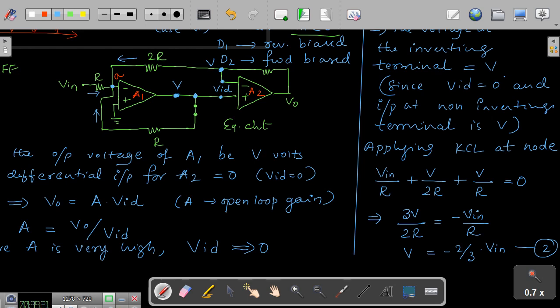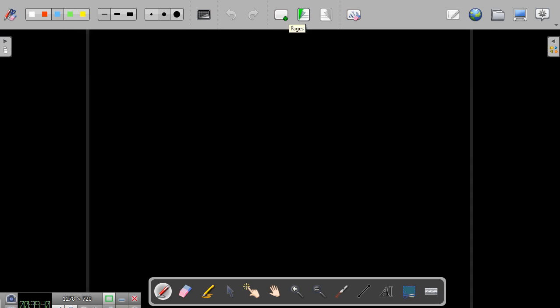For that I have to draw the equivalent circuit for this portion, I mean the second operational amplifier, right? If this is over, I will go to the next page. Shall I? Yes, sir. Okay. So now to obtain V naught,